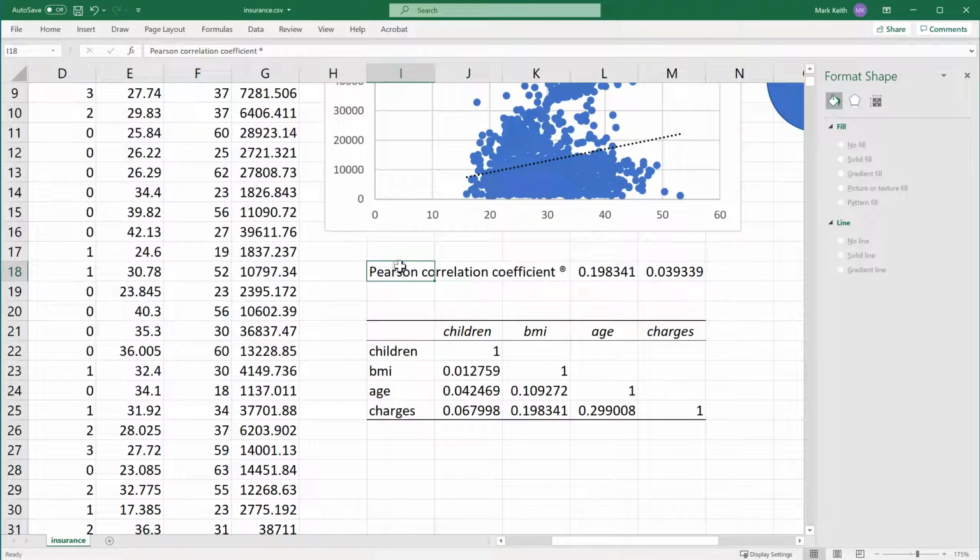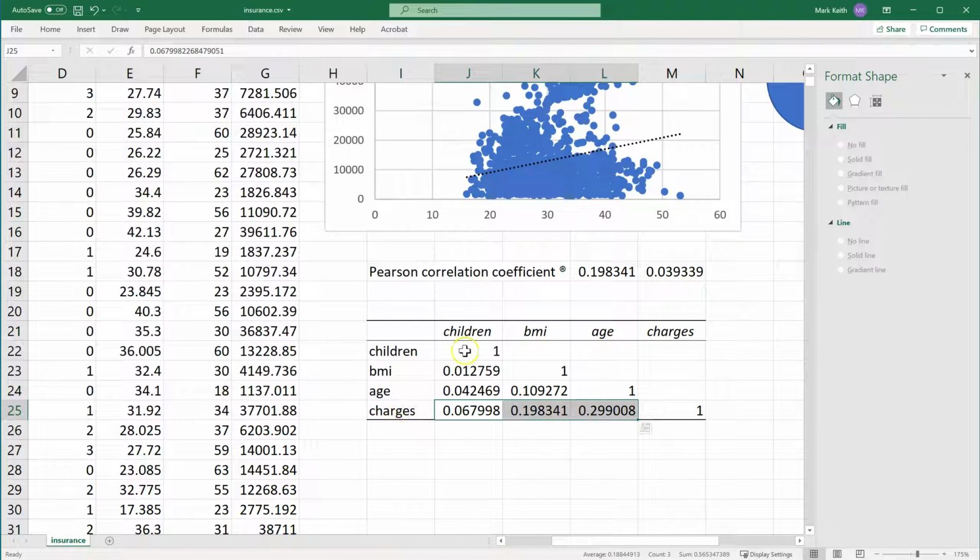And it prints me out this nice correlation matrix. Here I did the Pearson correlation coefficient just using the CORREL function and manually selecting those two. Here it went ahead and printed out all of them for me. The ones on the diagonal mean it's the correlation of children with children, which is a perfect one. We don't care about that. They just put the ones there for our eyes to help identify the intersection between each of these. I also really don't care about these correlations right here, because when I'm doing this data exploration, I'm really just interested in all of the variables' correlations with the one that I want to predict,